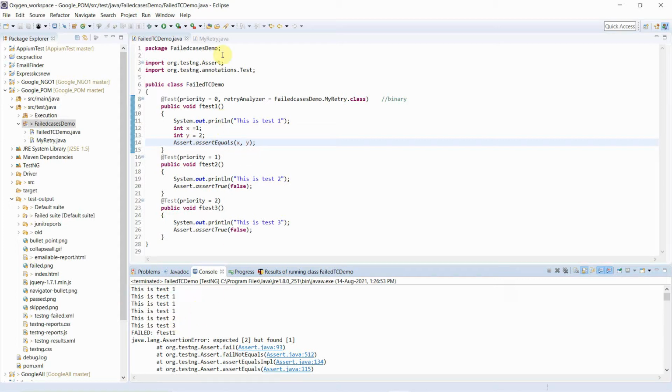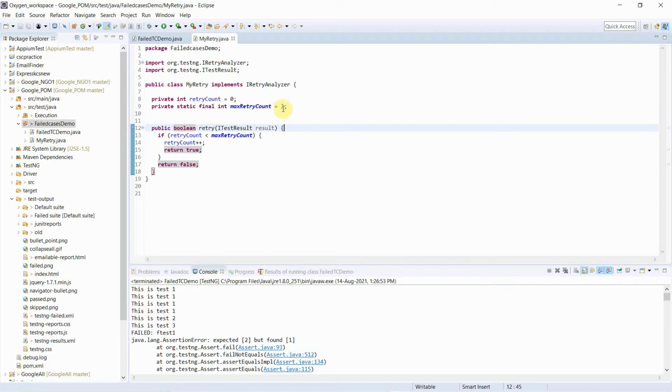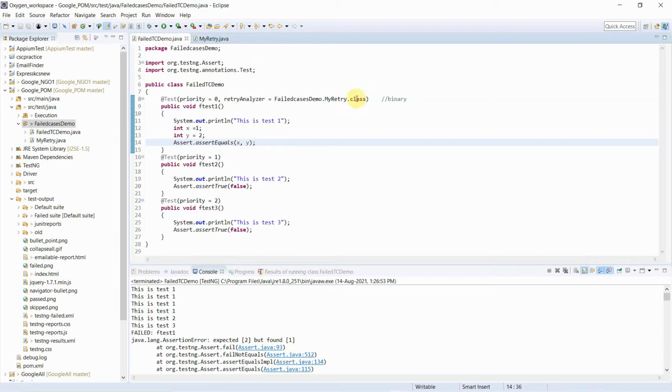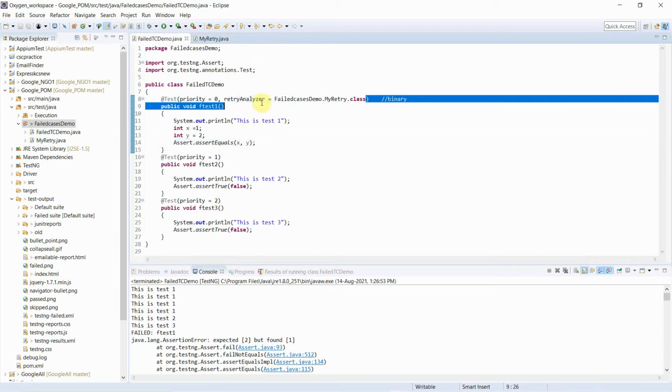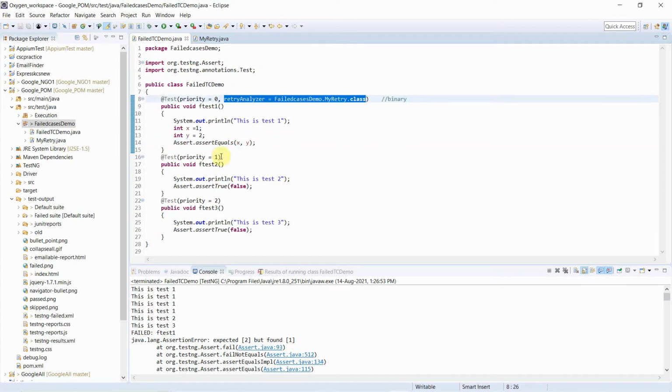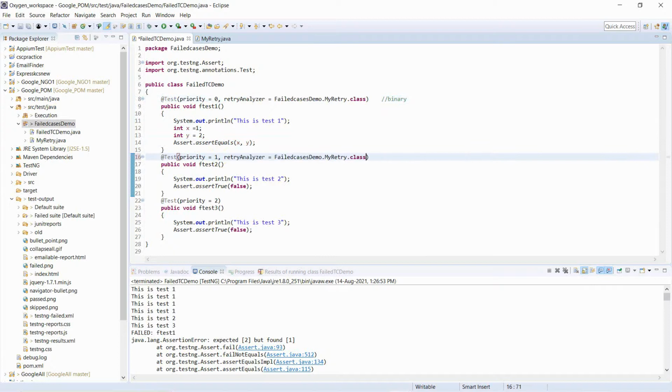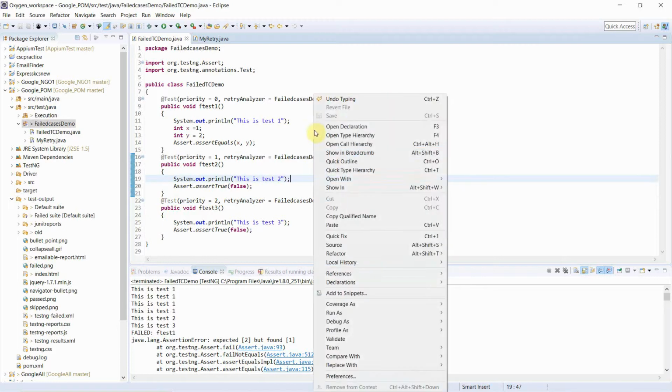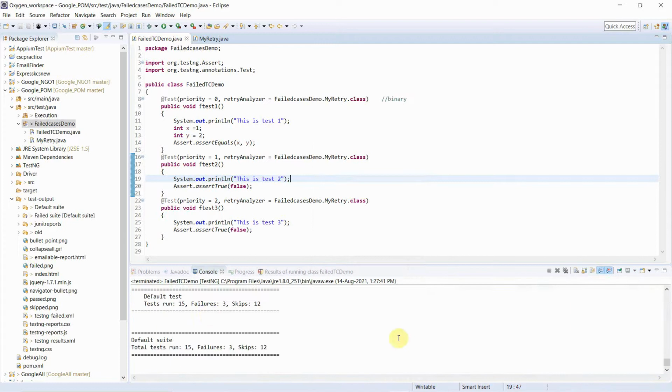Now suppose that I want to execute it 4 times, and I want to bind each of my test cases. So I will do it in this way. I will just add a comma, then this one, then this one, then comma, then this one. So now all the test cases to which you have bound it will run up to the maximum limit that you have given. So this is the second answer to the interview question.